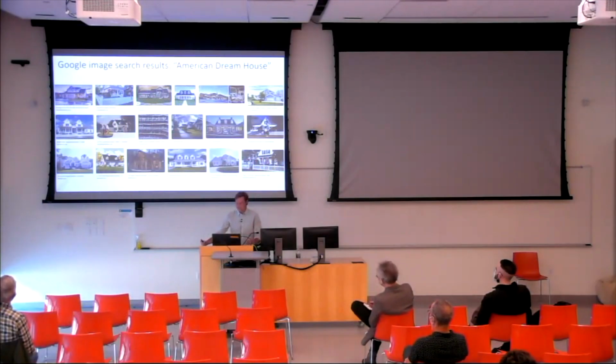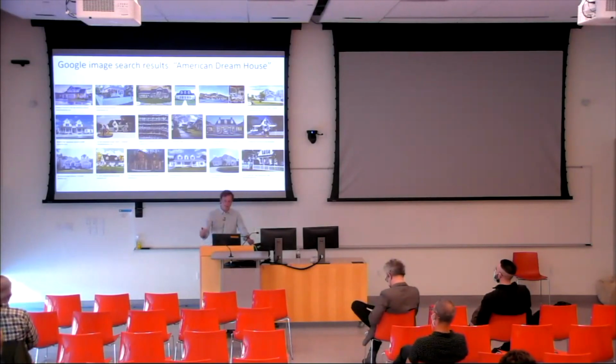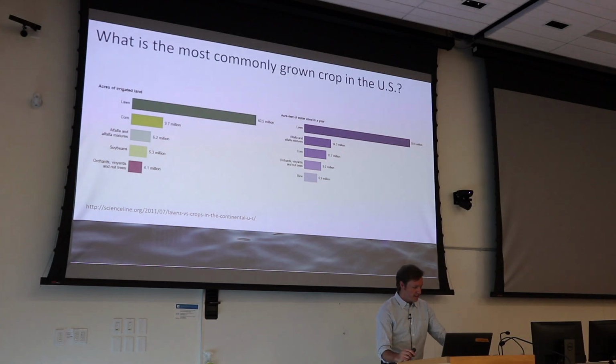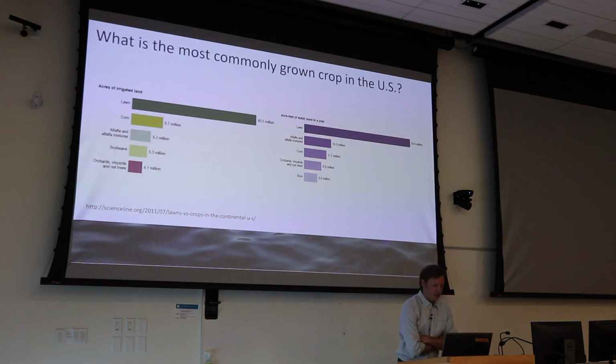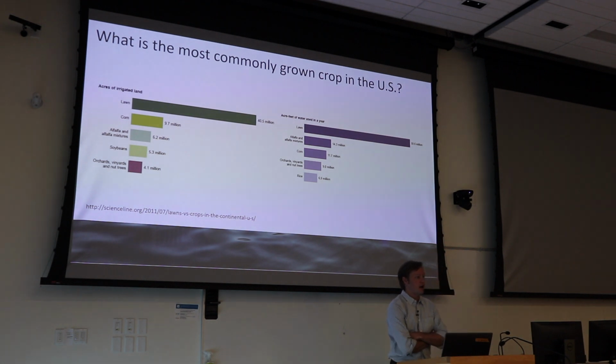There's a lawn. Yeah, so it's a cultural thing. It's very much, if you're going to build a property and have a house, a nice green lawn is very much a part of that. And so it's very much a cultural drive to have nice green lawns. I found this study that estimates that lawn and turf grass is the most commonly grown crop in the U.S.,